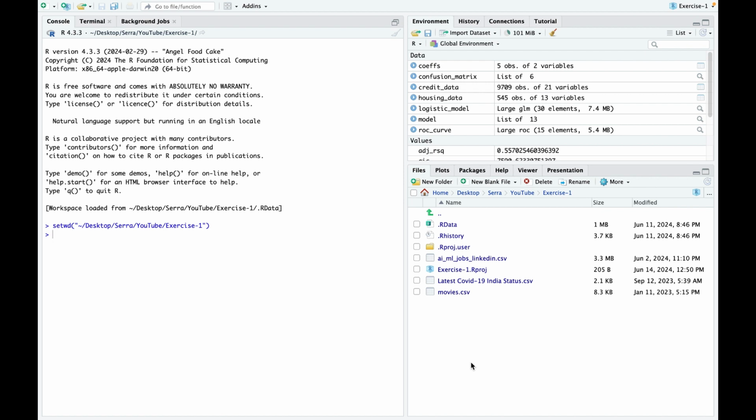Everyone, welcome to the first video of the series Advanced Statistical Programming in R. In this video, we'll be doing some data manipulation and visualization using the tidyverse package in R. And also, we'll be working through a set of exercises based on real-world datasets like AI ML jobs, LinkedIn dataset,